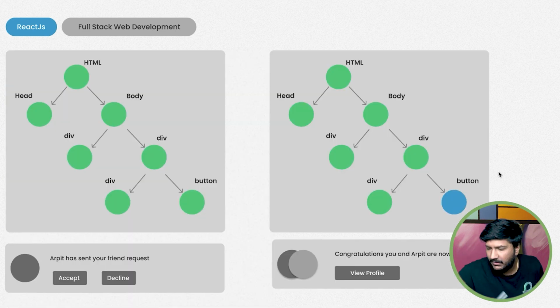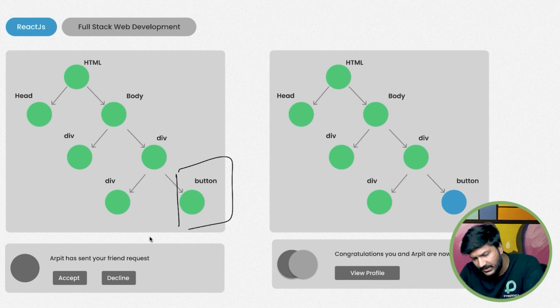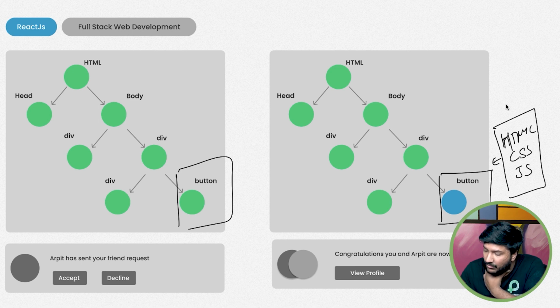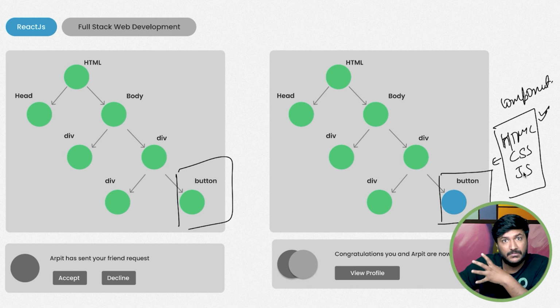So let me give you an example of how this could work in your DOM tree, right? Your DOM tree would have your HTML, head, body, div, and let's say some button. Now, let's say on some JavaScript event, that button changes. Only that particular HTML, CSS, and JavaScript, because that component has changed, would now be re-rendered by looking at the server: how do I need to render them? Tell me the rules.